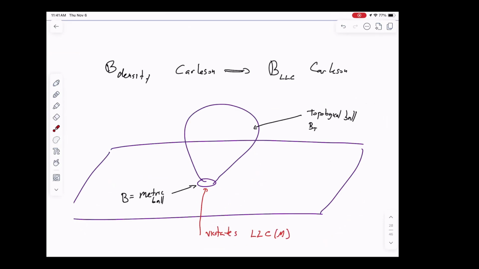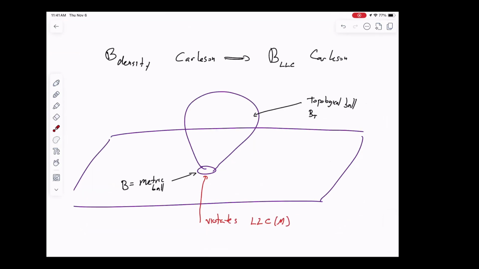Okay, so this is exactly what I was trying to discuss before. Here I have a bubble that I've attached to my plane, and this is the part that I was saying that I've shaved. So if this is a metric ball, something that's here, of course it doesn't see this part, but in order to contract it, I have to go all the way to the top.